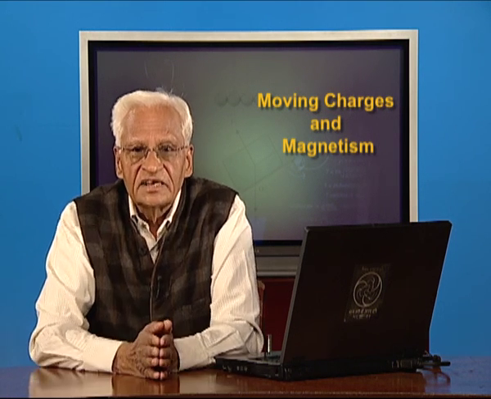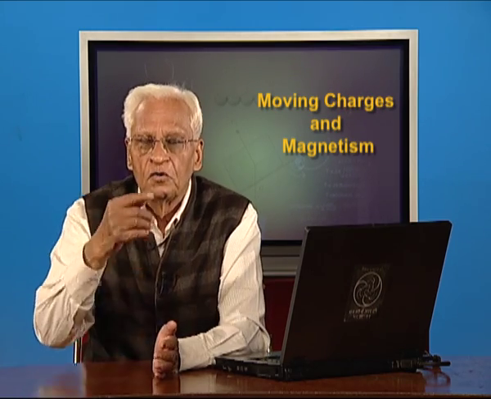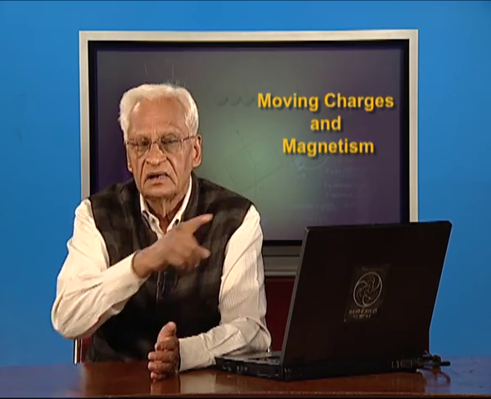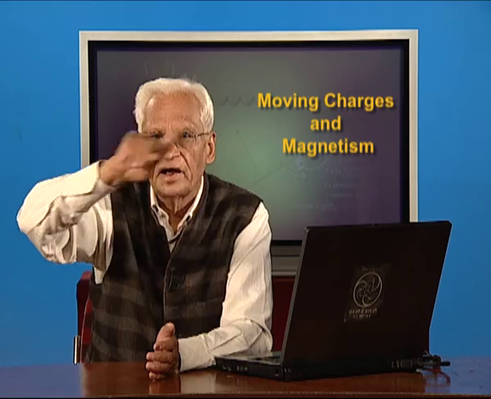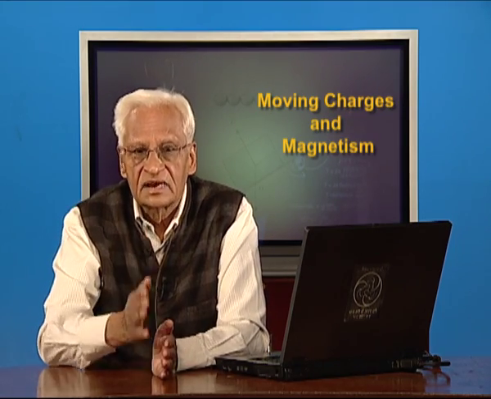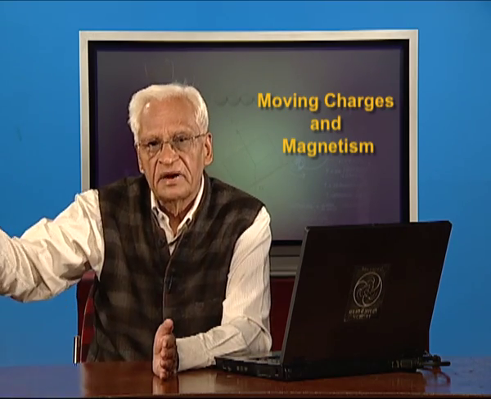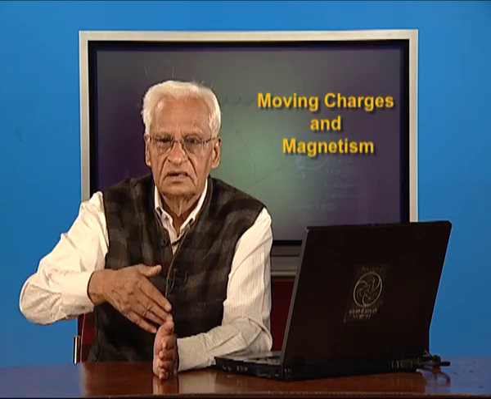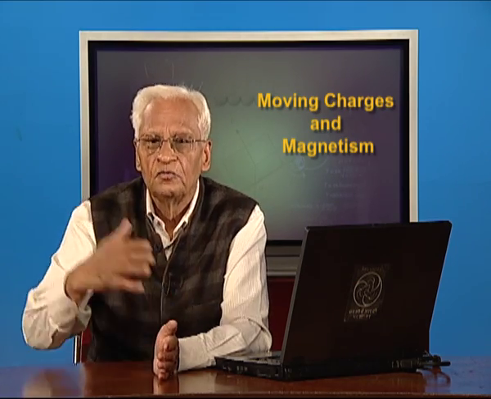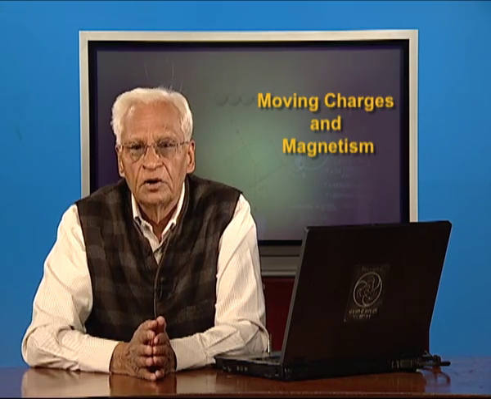So, in this lecture we have concentrated on Ampere's law, and we have found the field due to a solenoid and then due to a toroid, and we have also discussed the importance of toroids. In the next lecture I intend to continue finding the magnetic field due to currents, but instead of Ampere's law, which requires some kind of symmetry, we shall use a law which does not require symmetry. That law is called Biot-Savart's law.